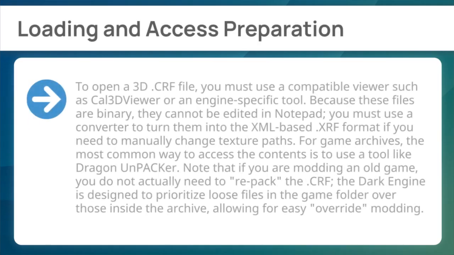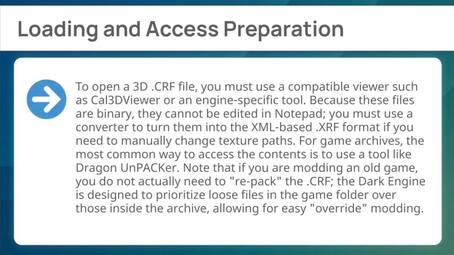Next, loading and access preparation. To open a 3D CRF file, you must use a compatible viewer such as Cal3DViewer or an engine-specific tool. Because these files are binary, they cannot be edited in Notepad. You must use a converter to turn them into the XML-based .xrf format if you need to manually change texture paths. For game archives, the most common way to access the contents is to use a tool like drag and